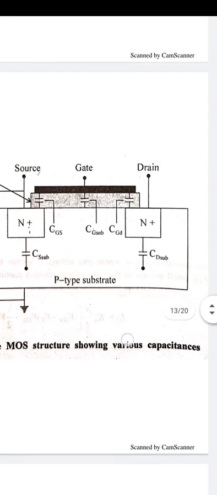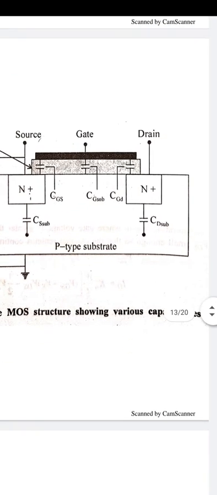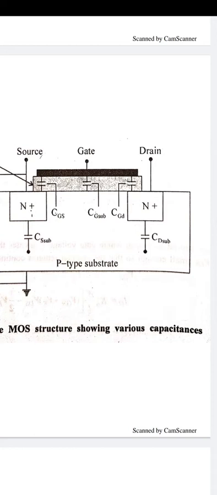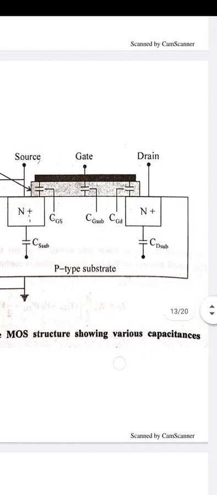So I will show here in this diagram that drain to substrate capacitance also exists, but the source and substrate are at the same potential, equal to ground. So there is no capacitance between the substrate and source terminal; it is nearly equal to 0. But when the device works in the linear or non-saturated region, the drain current ID increases linearly with the drain